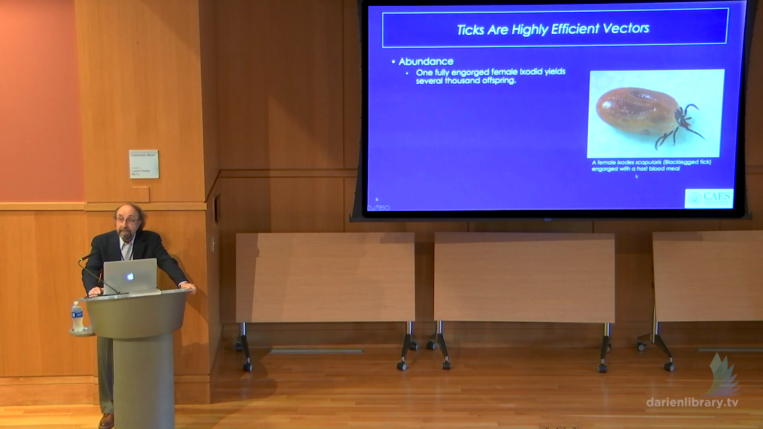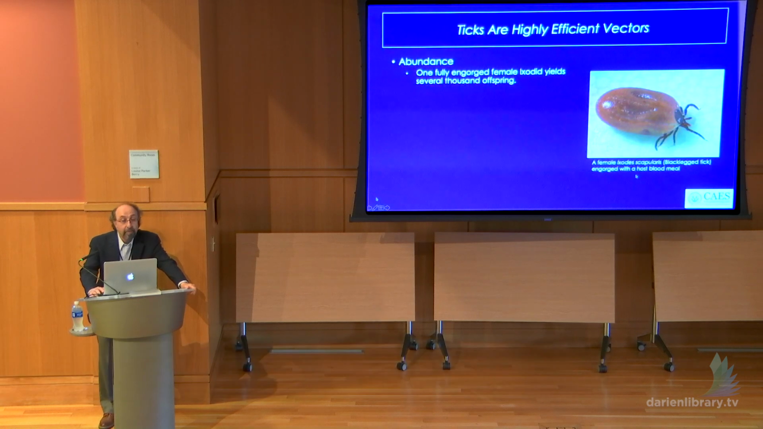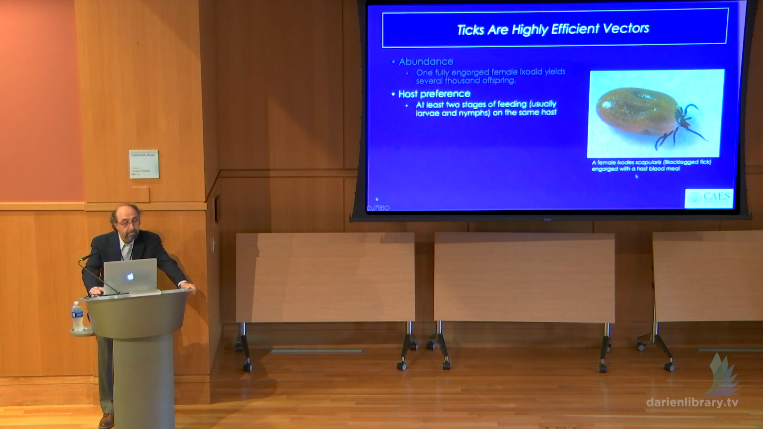So they are abundant. Each female tick can potentially lay several thousands of eggs, and these eggs develop and give rise to several thousand offspring. Ticks have host preference, meaning that at a certain stage of their life they could feed on the same group of hosts. For instance,